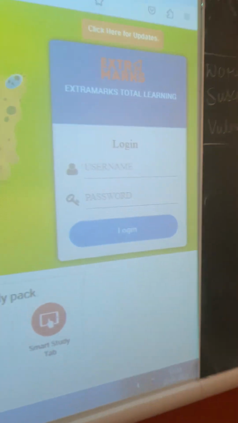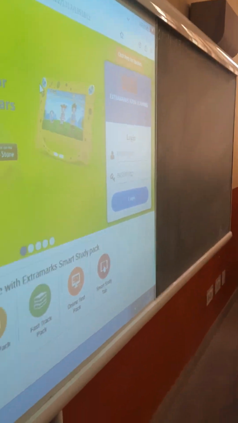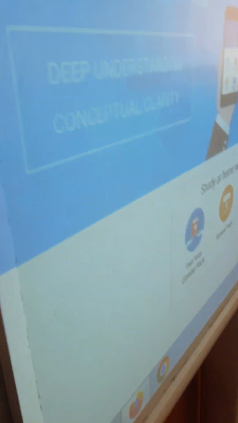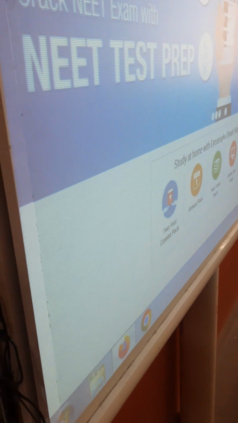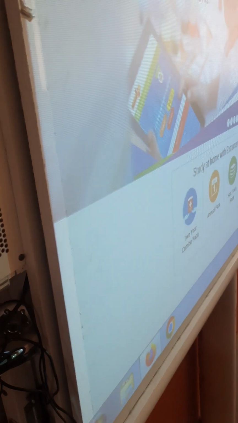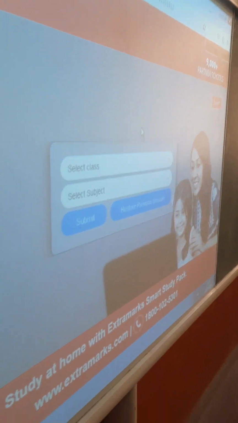You can see here, right? Here you have to fill in your username and password, and the username is your first name for all the teachers, and the password will be 123456. So I am typing here my first name, right? That is Sandeep. Typing here Sandeep. And my password is 123456. The password is common for all the teachers. 123456 is your password. Now you can see I am logged in.